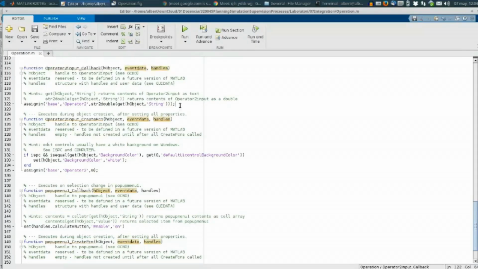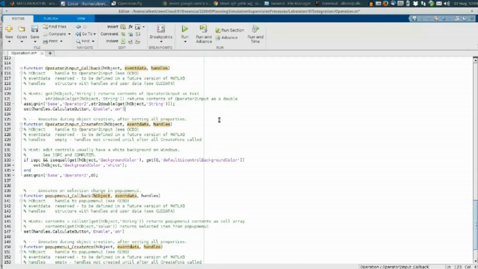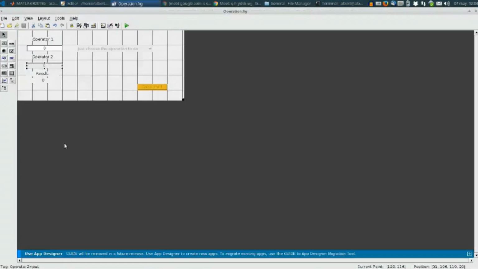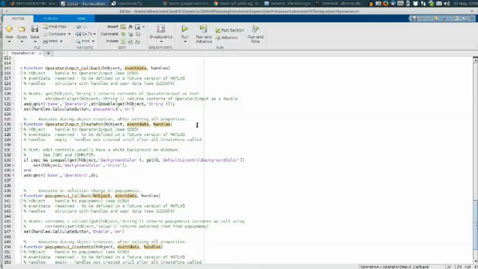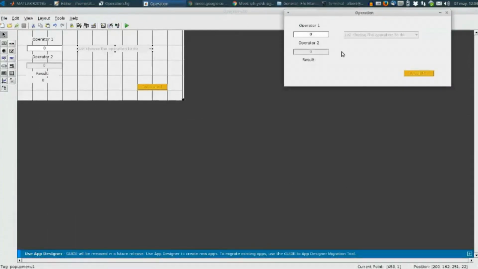These are the callbacks, operator 2, and here is pop-up menu 1, right? Remember, this pop-up menu 1, right? So now we save this, we can run, then let's check, fine,